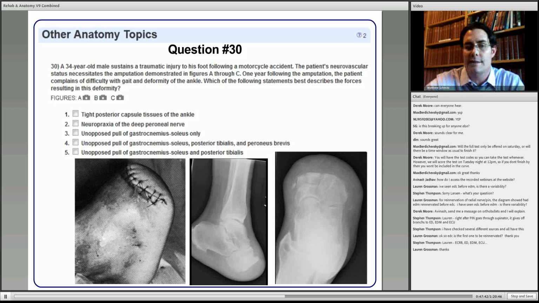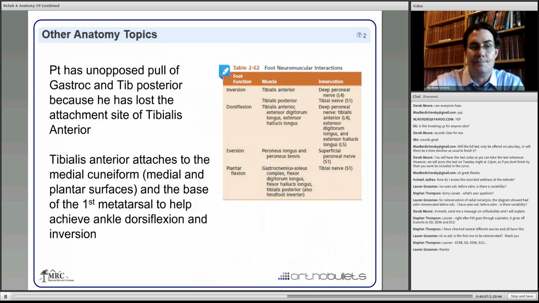So if we look at this, the patient's essentially lost all of his forefoot and even some of the midfoot. If you look, there is no fifth metatarsal, there's no base of the fifth metatarsal, which would be your peroneus brevis insertion. They've lost a majority of the middle cuneiform, and also the entire first metatarsal. And so we know that the anterior tibialis inserts on both the medial cuneiform and the first metatarsal. And so what this patient is going to have is unopposed pull of the gastroc and the tib posterior, because